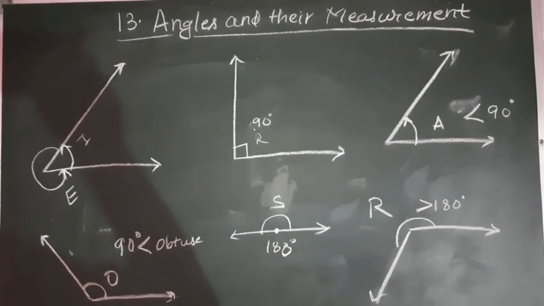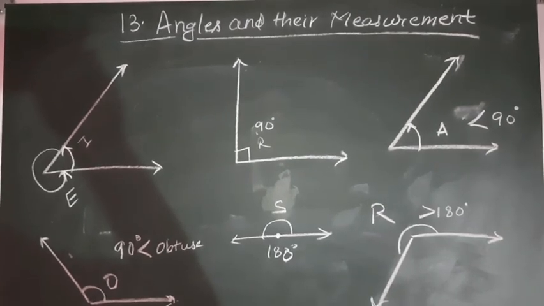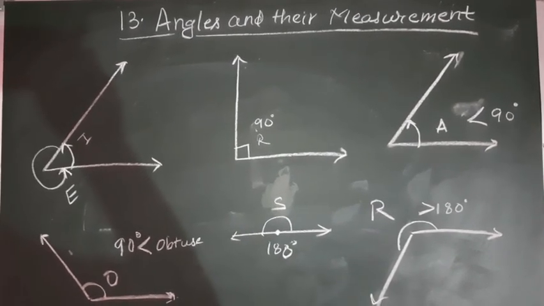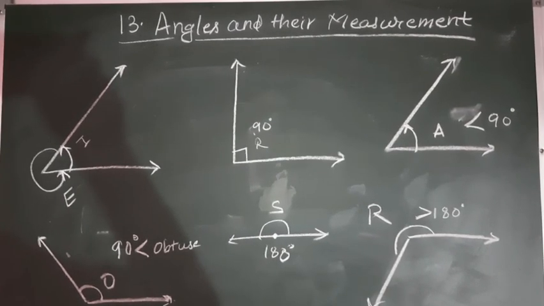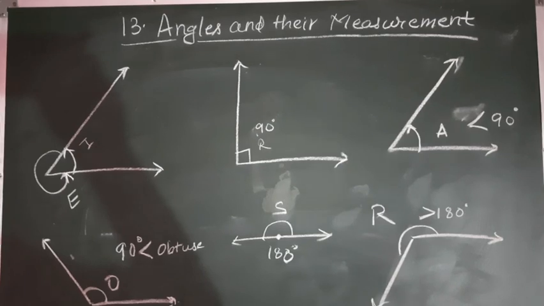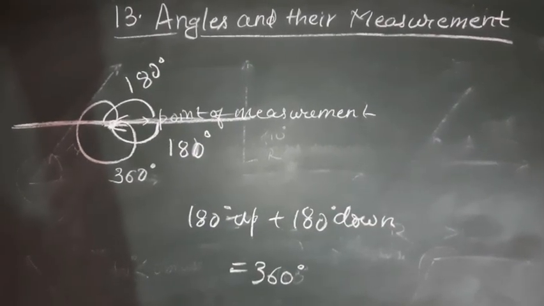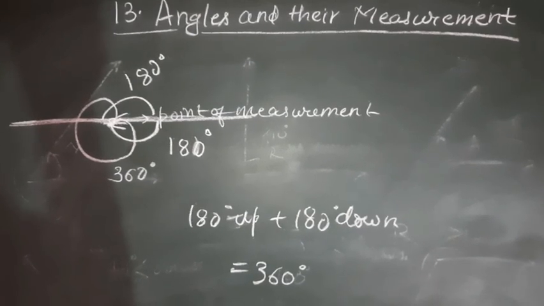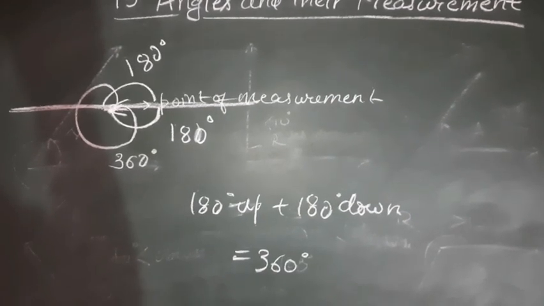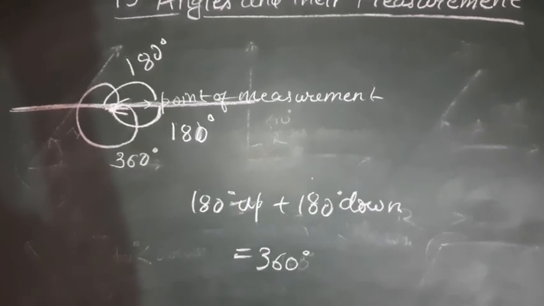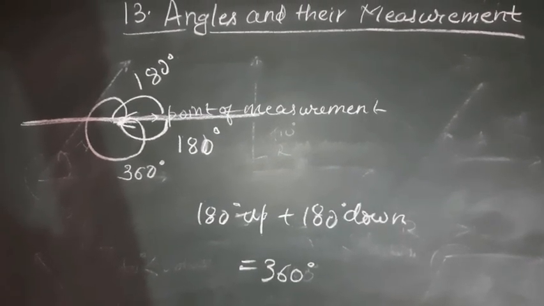That means it can be 190 degree, 120 degree, 270 डिग्री. और अगर आप पूरा राउंड मेजरमेंट करते हैं टोटली, देन इट इज ऑफ 360 डिग्री. हाउ? आई विल एक्सप्लेन इट टू यू, सो प्लीज पे अटेंशन. So students, as you all can see that I have drawn a straight line, but the round measurement, that means 180 degree up and 180 degree down, is equals to 360. 180 plus 180 is 360. So if you will take a round measurement, that means it is of 360 degree.